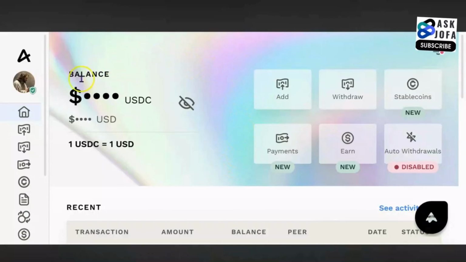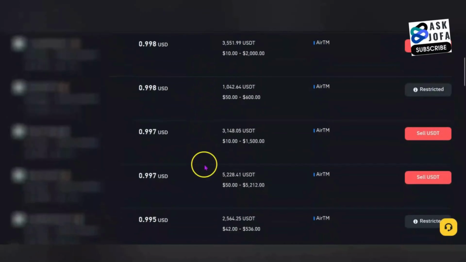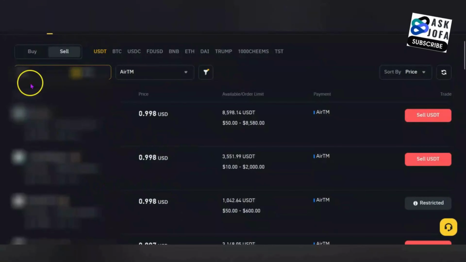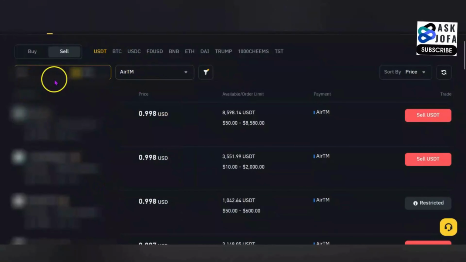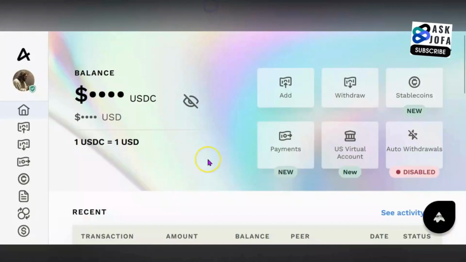So after you must have signed up to ATM, so our destination is Payoneer, but your money is in Binance. So you want to add the money in Binance to this place first. Suppose you are sending $60 from Binance to Payoneer. You type $60 to sort out the peers that can receive $60 here. Don't forget, you are sending this money to a peer here, so that this peer here will send this $60 to your ATM account. Your peer will come to ATM to now send the $60 equivalent amount to your account